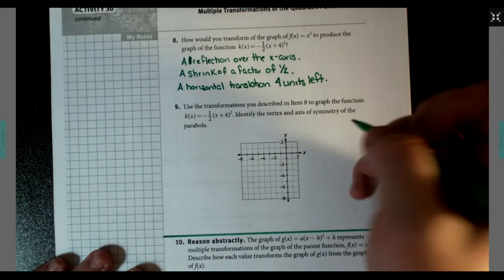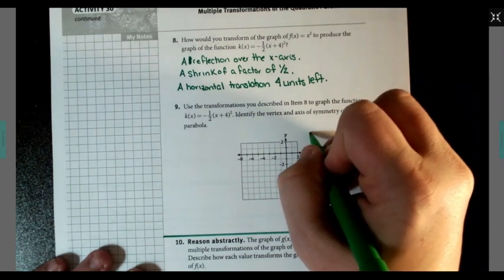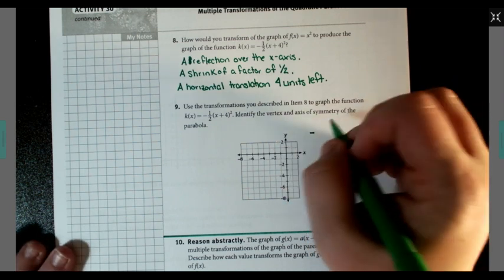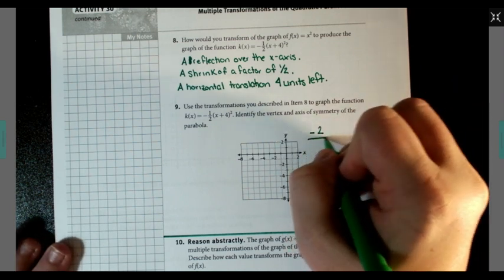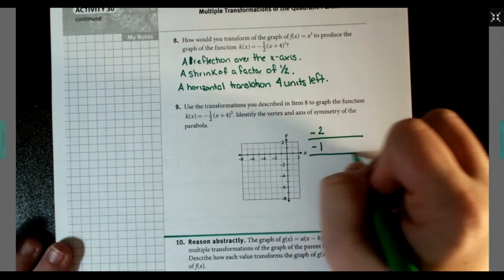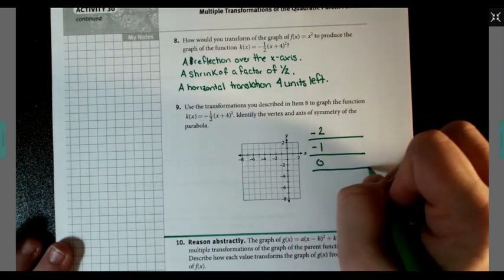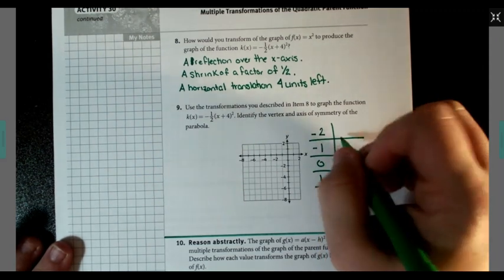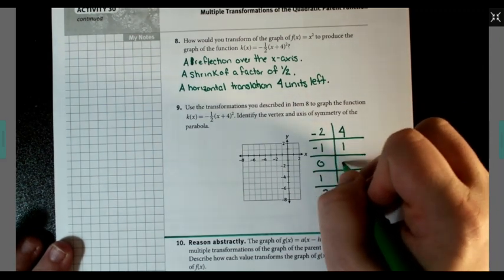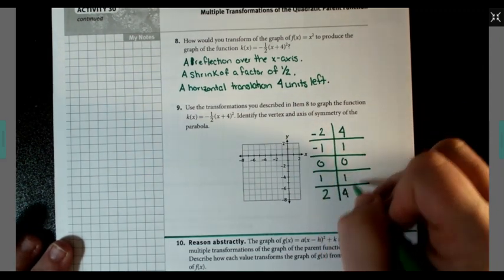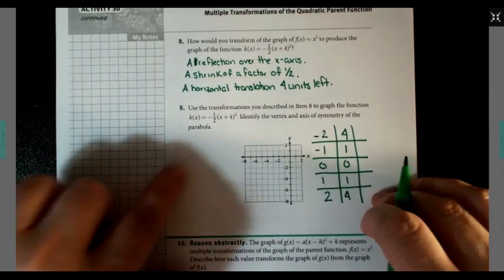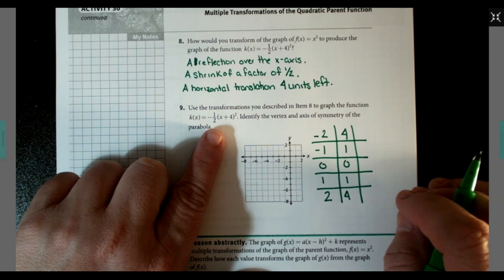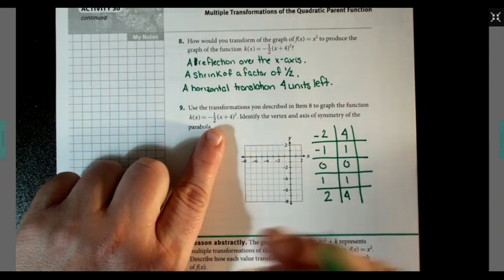All right. So again, we're going to stick with those main numbers that we usually do. Use the transformation to describe. We've got -2, -1. We'll talk about 0. We'll talk about 1. And we'll talk about 2 and see what kind of shape that gives us. That's going to be 4, 1, 0, 1, 4. Okay, we've got -1/2 of it. And then move